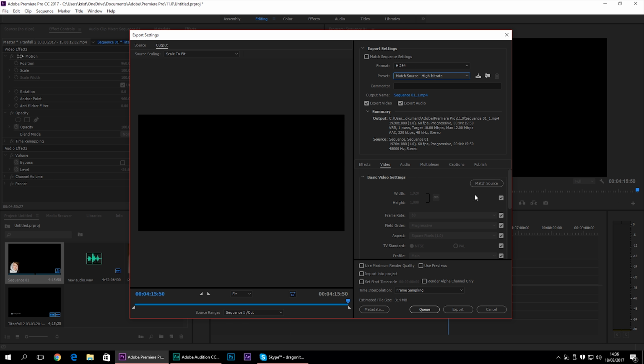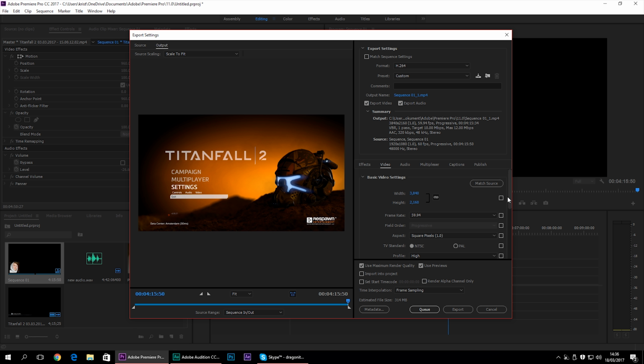What you're going to do, you're going to uncheck all these markers so you can edit the settings. The first few things you have to do to get your quality alright is to use previews and use maximum render quality. Your previews is when you play through the video, then it will render it somehow. The frame rate I'll keep at 60, then the square 1 and this preset is high and it's to 5.2. Now you see it's rendering in 4K quality, which isn't what I want. Make sure to check render at maximum depth to get the maximum quality.